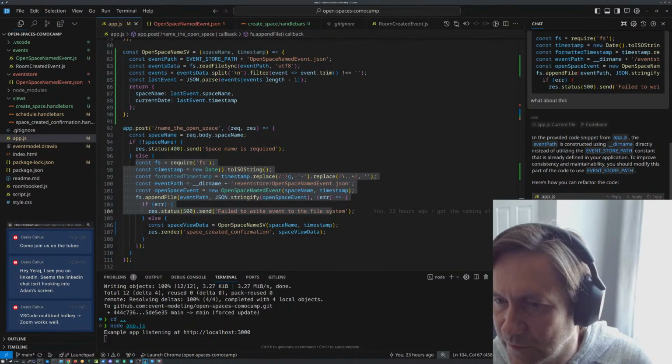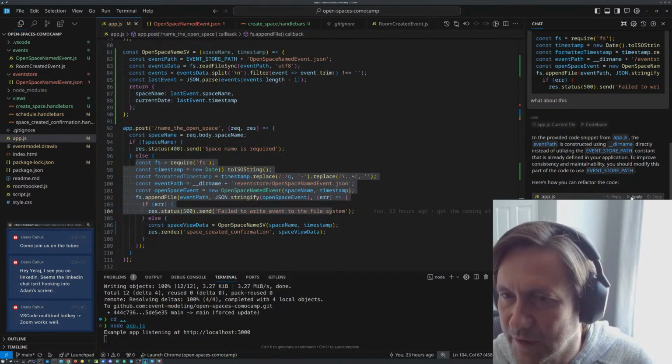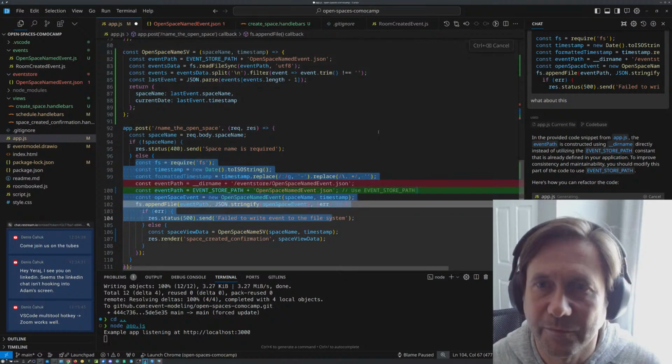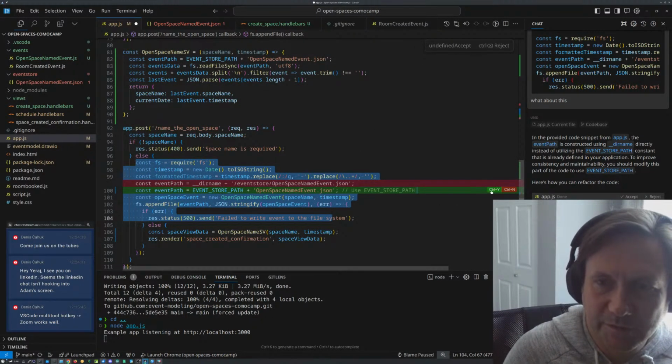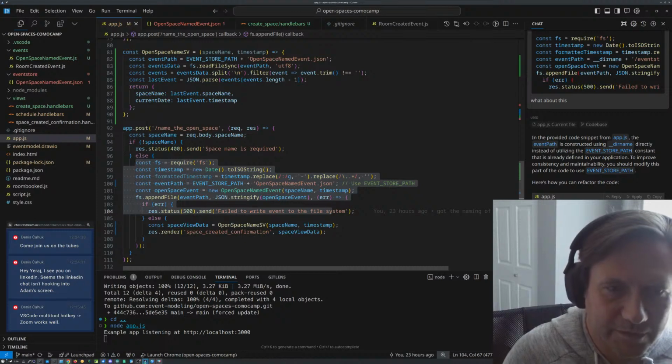So what did it do here? Okay, so it did that. So we can apply this. Seem to do it. Event store path, open space and event.